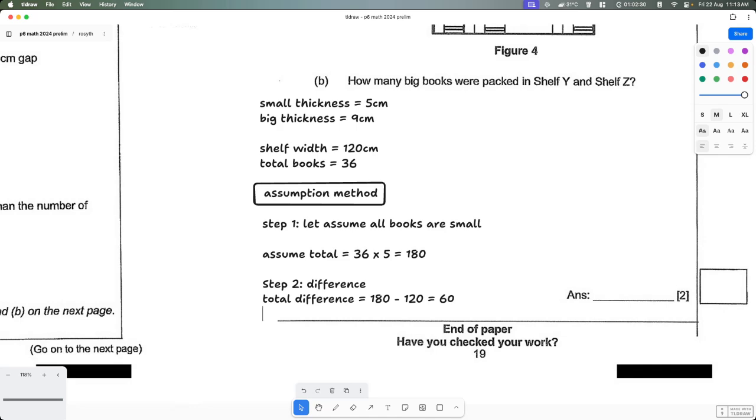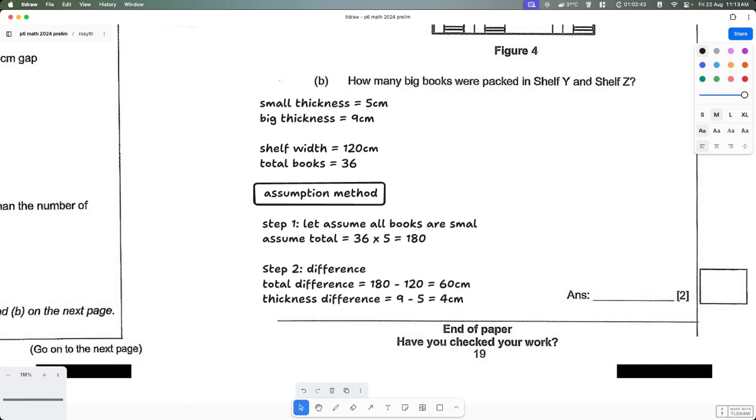And then the thickness difference is equal to 9 minus 5, equal to 4 cm. And then the last one, step 3, is to just divide. So that means the number of big books in one shelf is equal to